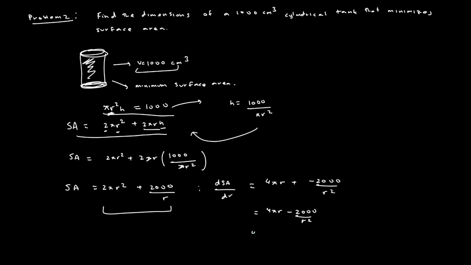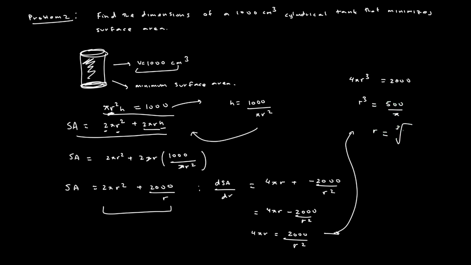So 4 pi r is equal to 2,000 divided by r squared, and then taking r squared to the other side, that gives us 4 pi r cubed is equal to 2,000, and then r cubed is equal to 500 divided by pi. So r is equal to the cube root of 500 divided by pi. And we know that this is a minimizing solution, because